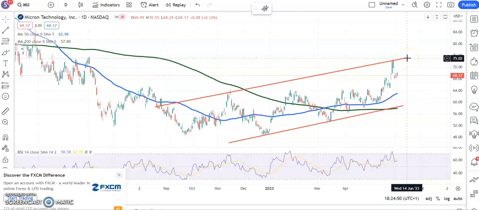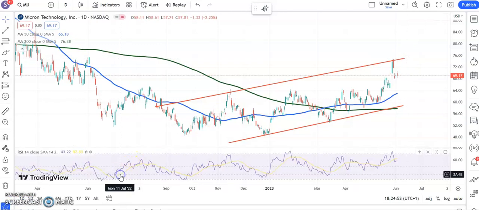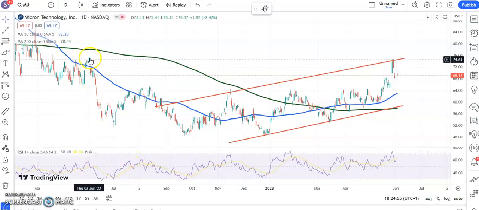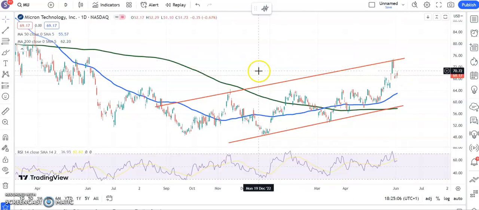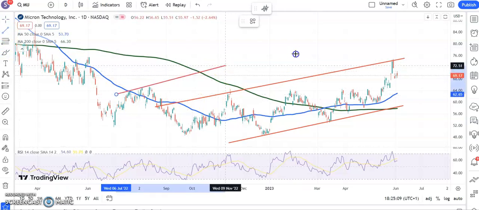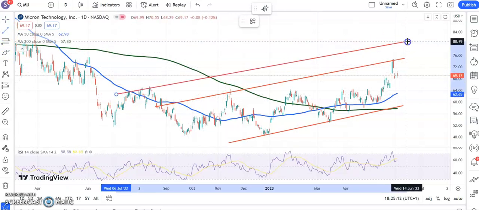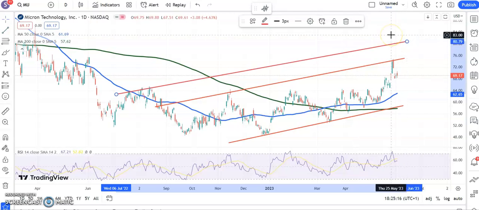75 plus. You can see looking back that the shares are now back where they were basically this time last year, and it's interesting that obviously at that time there was no AI in the mix. If we're still at the same price or less than we were before AI was in the mix, then we could head much higher than $75, $76. Next level up, if we get through that $76 zone, as high as $80 by the end of next month,